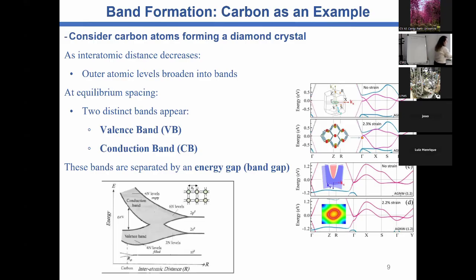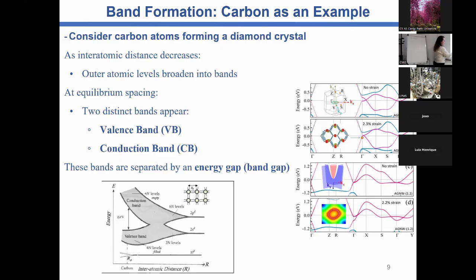So the s and the p states will give a distribution of bonding and anti-bonding states that we call valence and conduction band. And then this valence and conduction band has